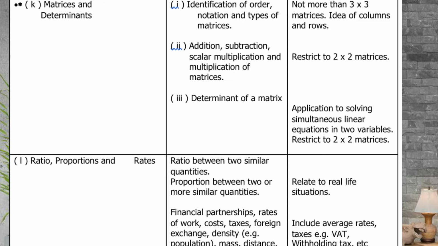And for addition and subtraction of matrices, don't learn addition of matrices more than 2 by 2. You can do the determinant of 2 by 2 and 3 by 3 matrix, but don't do the inverse of 3 by 3 matrix. So they are giving you a guide of what not to do. They are not giving you problems or giving you work.